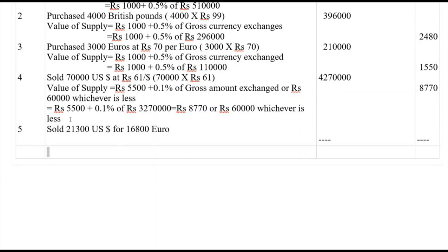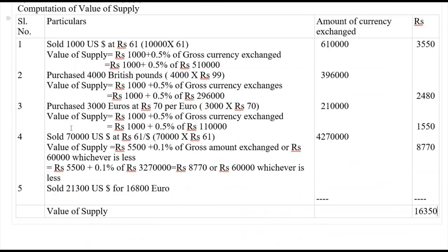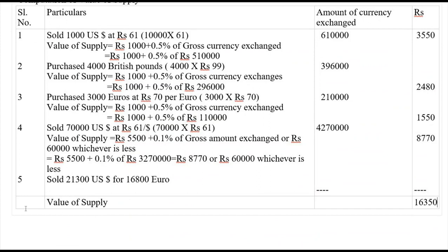So now the value of supply will be 16,350 when you take the sum of all this. Then the next one we should calculate here,